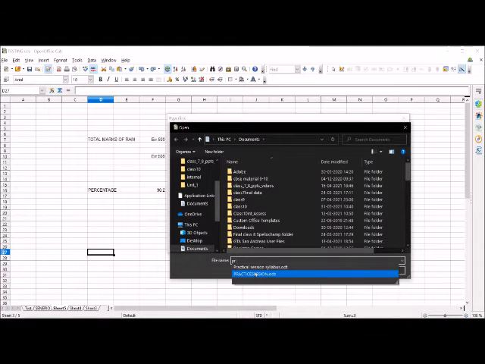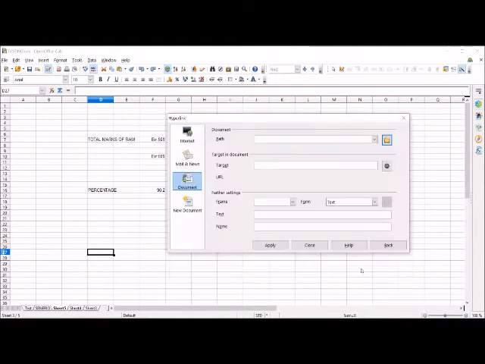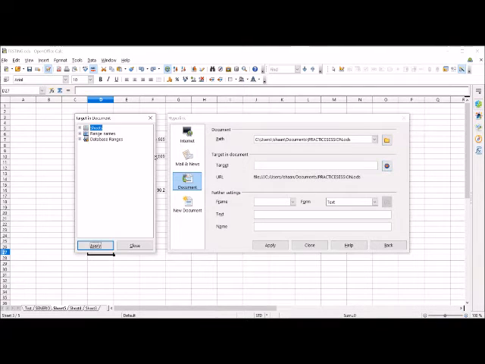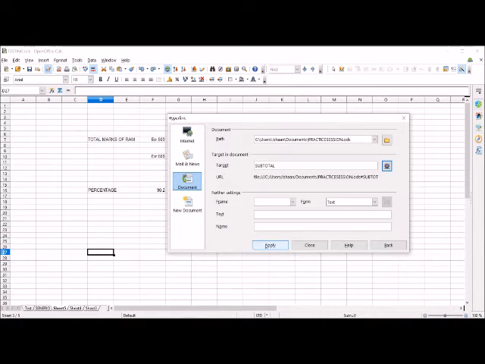Name is practice session. Open, and here when I click here, all the sheets which are there in that practice session workbook, all the worksheets will be displayed here. Now suppose I want to link to this subtotal worksheet. I'll click apply, close,